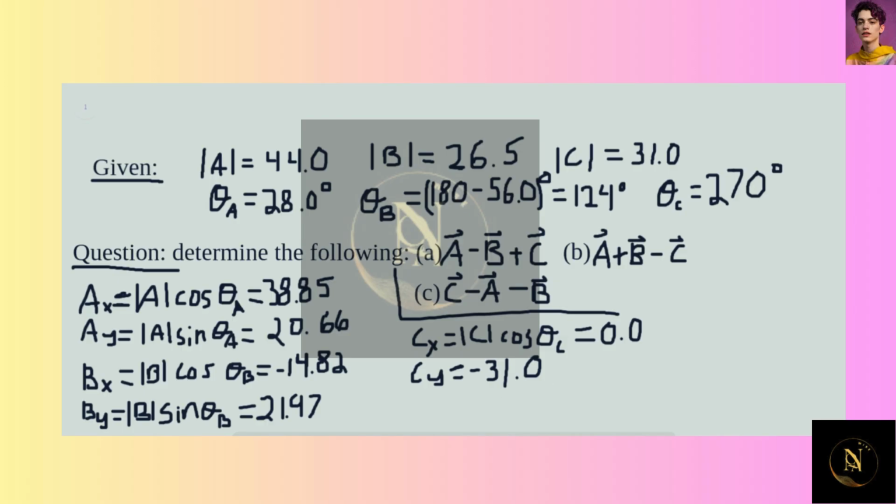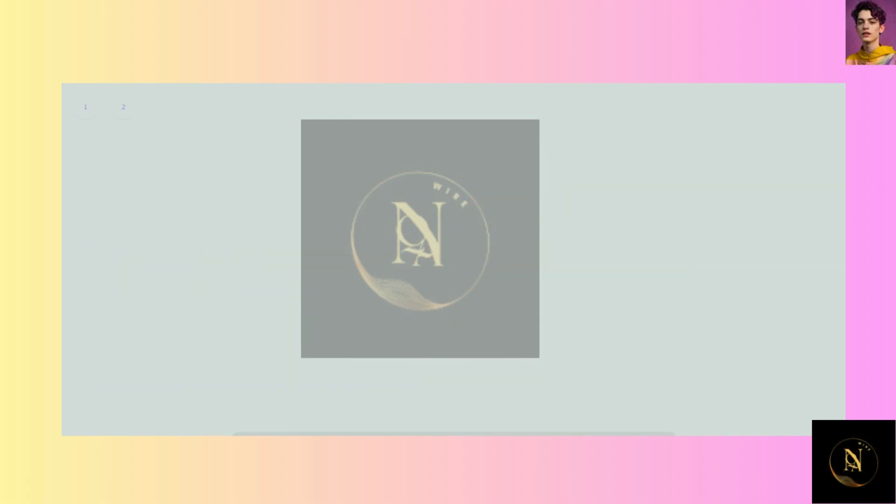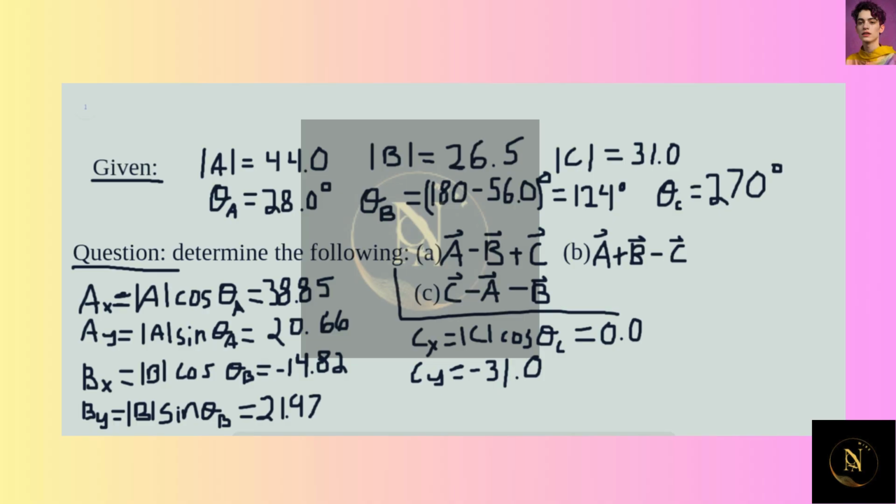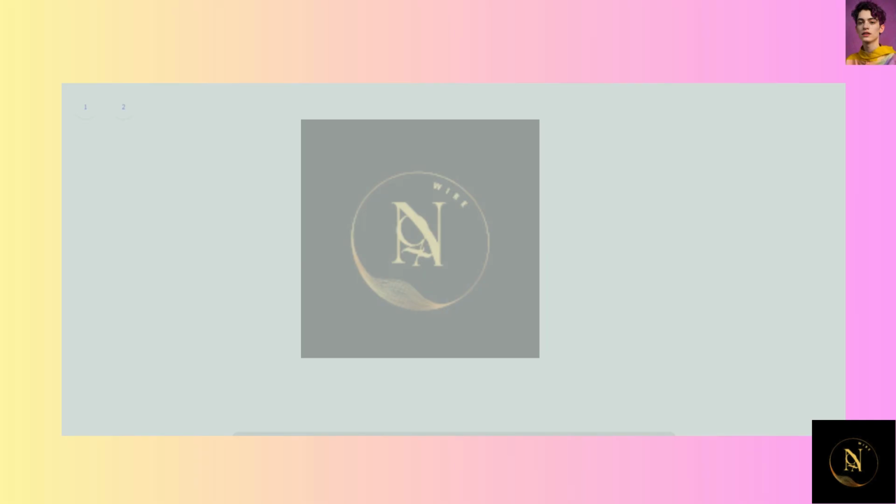Okay, now using all of these, we can determine the vectors that we're asked to calculate for parts a, b, and c. Ran out of room here, so we're going to go to a new page, and we're going to start with part a. So we'll label this part a. Part a asks us to calculate vector A minus vector B